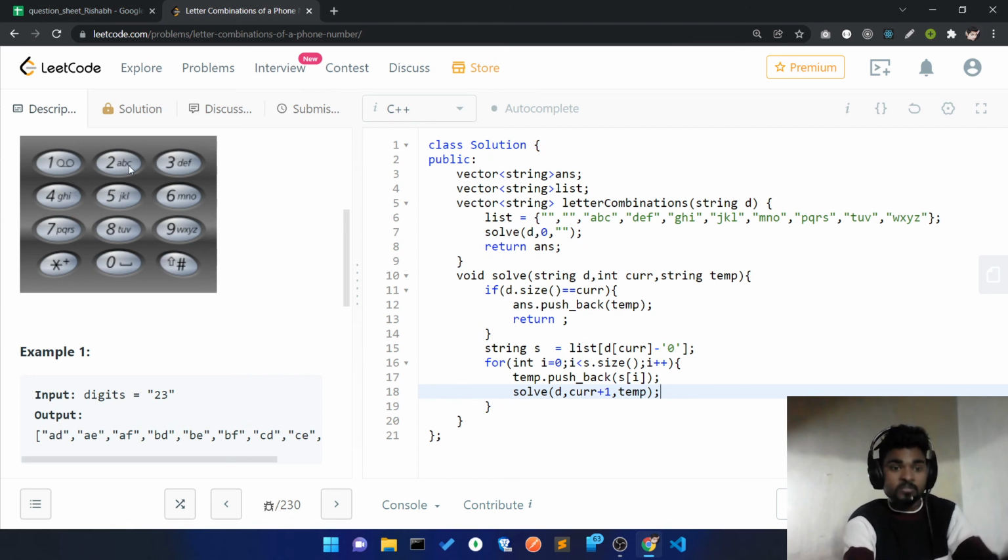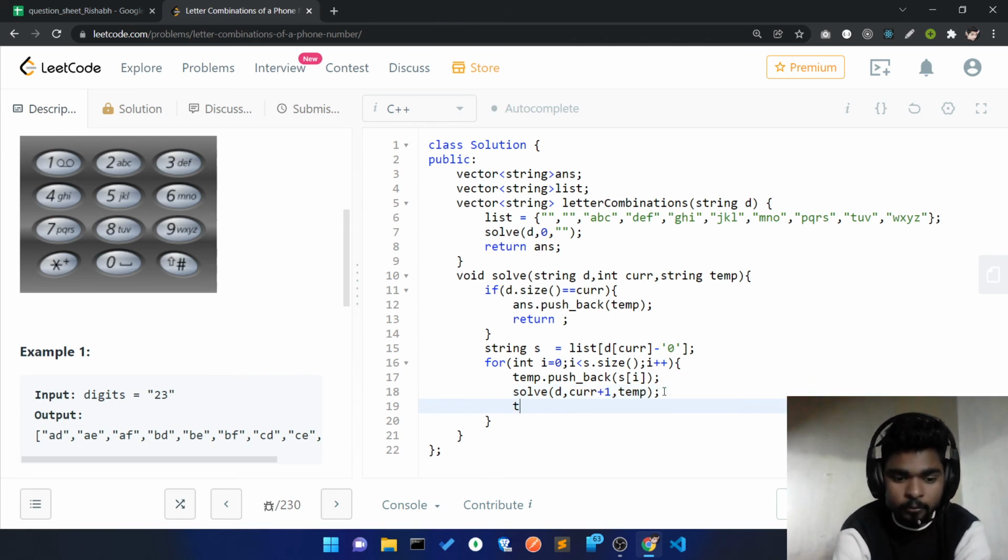I have to give the chance for C too. So for giving the chance to another candidate, I have to remove this element from the temporary, because if I don't do it, both of them get added, but I have a choice. For every digit I can pick only one character, so that's why I just pop it from here,